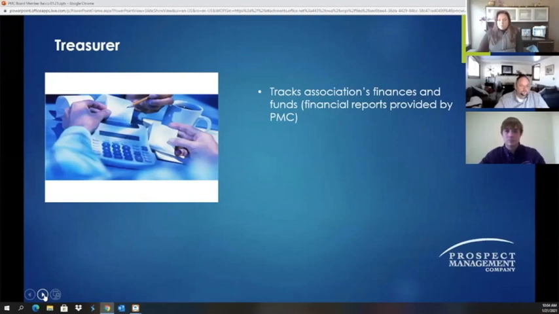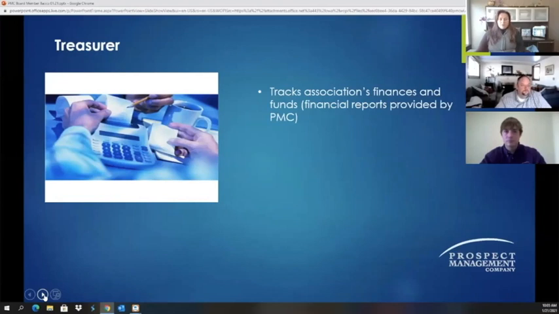Of course, your property manager can do that as well, but it's really important, at the end of the day, we're human too, and so our accountant is just another set of eyes that's going to look over everything and make sure all the checks and balances are there, credits equal debits, and all of your proper funding is there as well. So it's a really important position, and we believe really strongly in that.